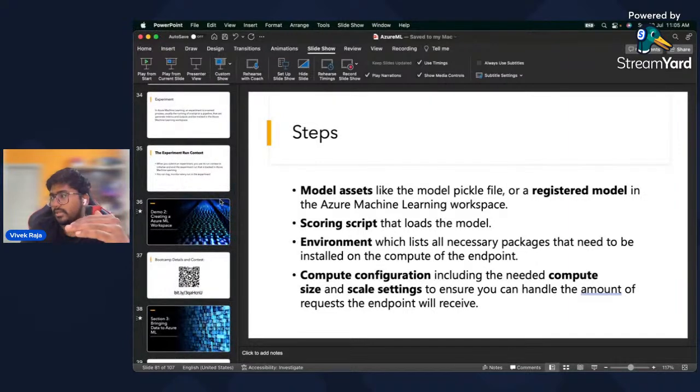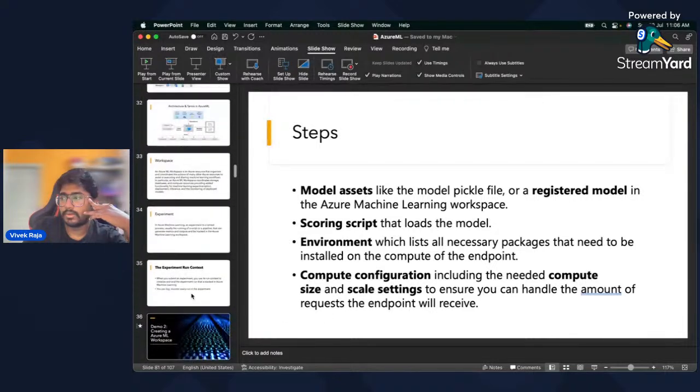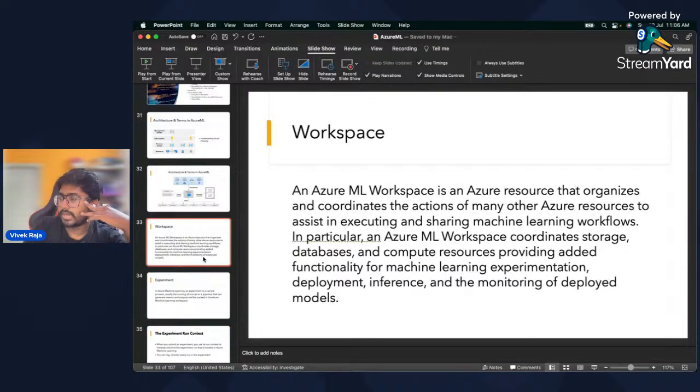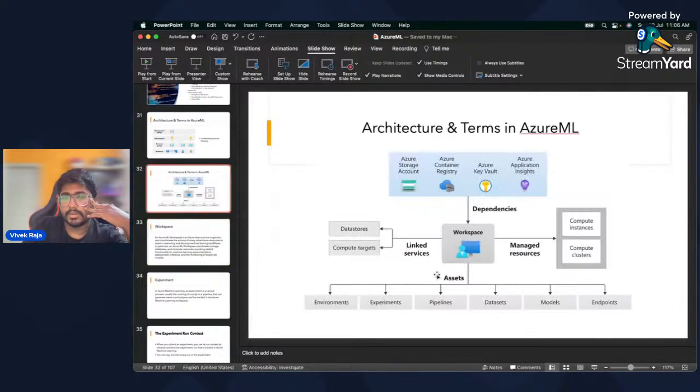Can we have a visualization of how the training went? Visualization in the sense of how the model training was going on? By visualization, what do you refer to? You mean the metrics and scores, right? That is what we already got. But what do you expect on the visualization part? So coming here, workspace, experiments. Under the experiment, every time you run something, it's called a job.